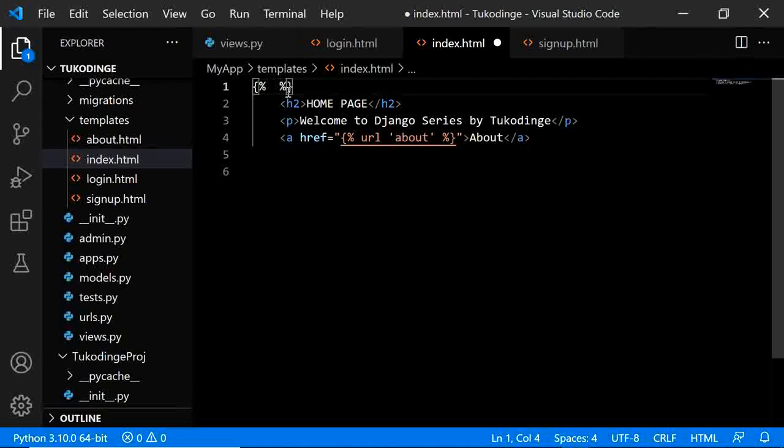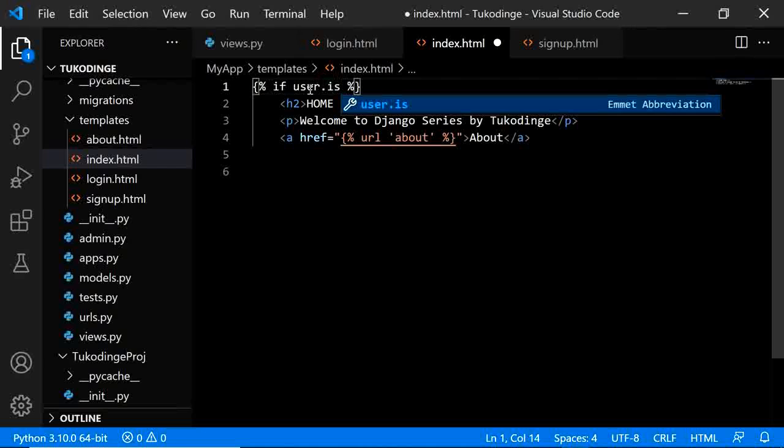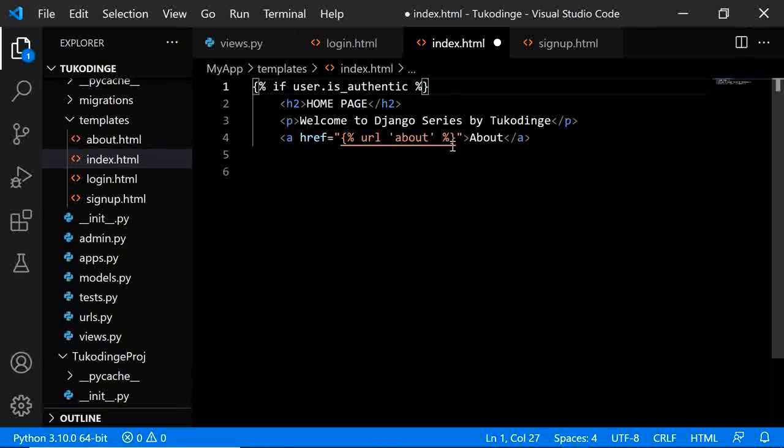This is Python code. So if user dot is authentic,